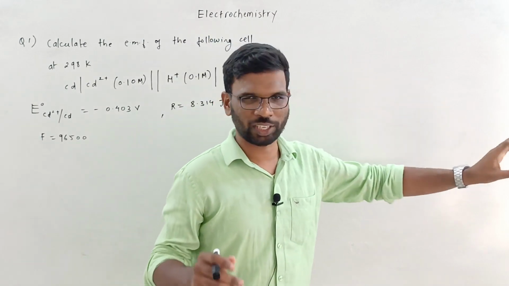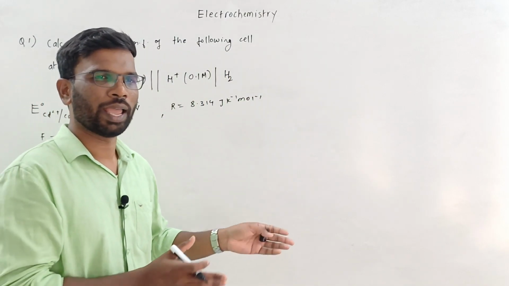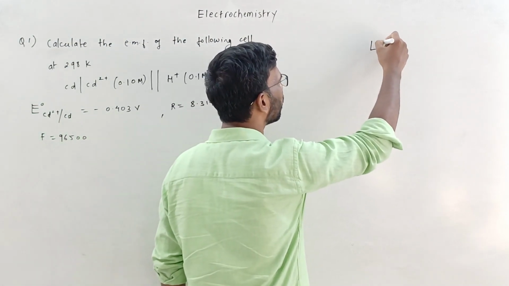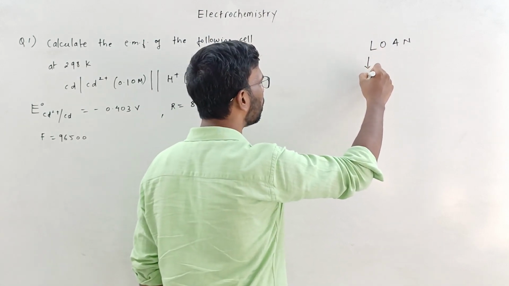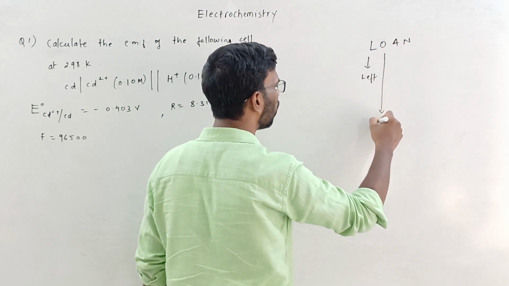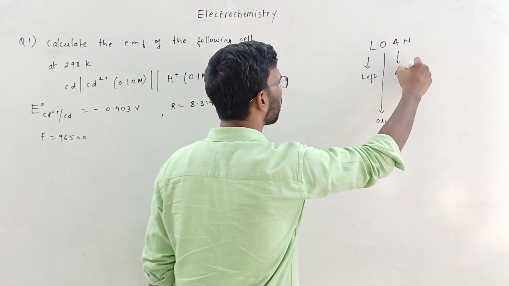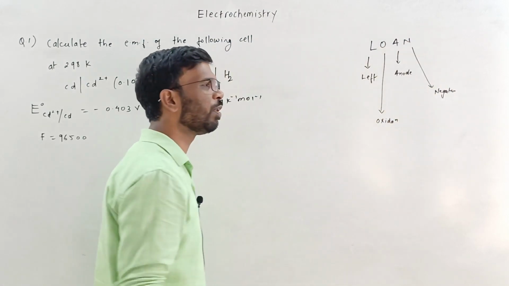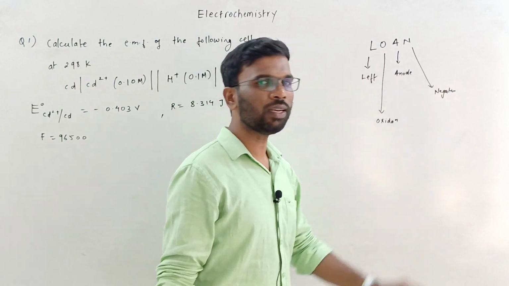Before I start with this topic, I will give you one trick. If you are getting confused between what is happening at the anode, where it is represented, which side, you just remember this one thing: LOAN, lone. L stands for left, means on the left side is the anode, on which oxidation takes place, and the polarity is negative. The opposite will be for the cathode: reduction will be taking place, and the charge will be positive.